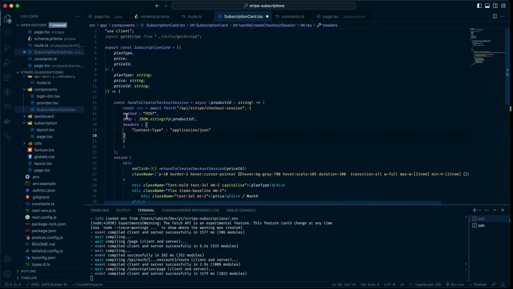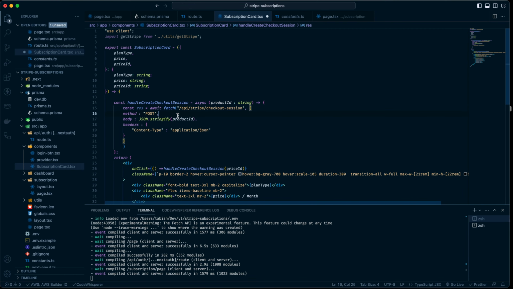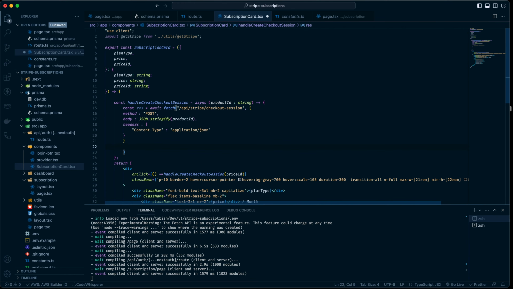Okay, so I've created a request to the API Stripe checkout session, which is not yet created. We'll create that, and I'm sending the product ID to it. And we also have headers. And next, what we need is, once we get this, let us